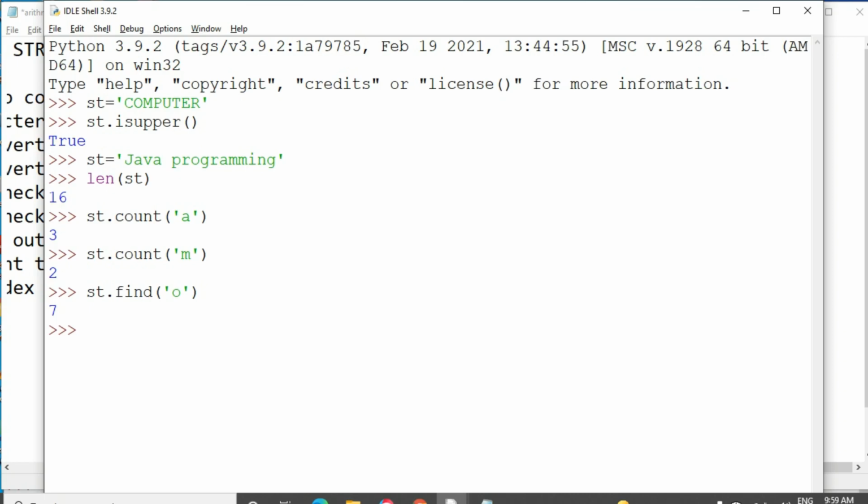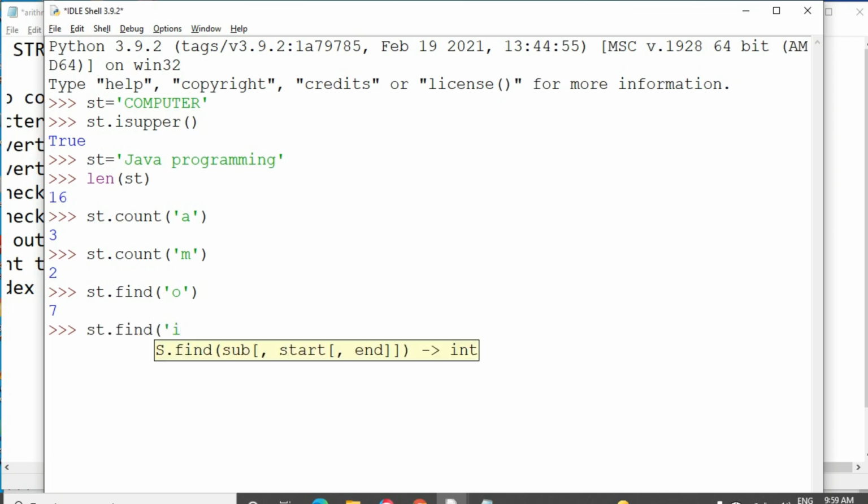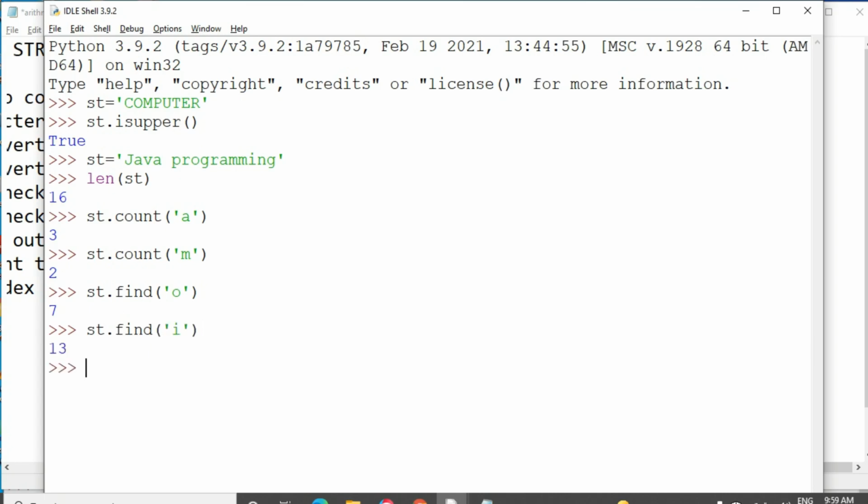So at index number 7, O is present. And I am going to find out the position of I. st dot findof I. Index position of I is 13.